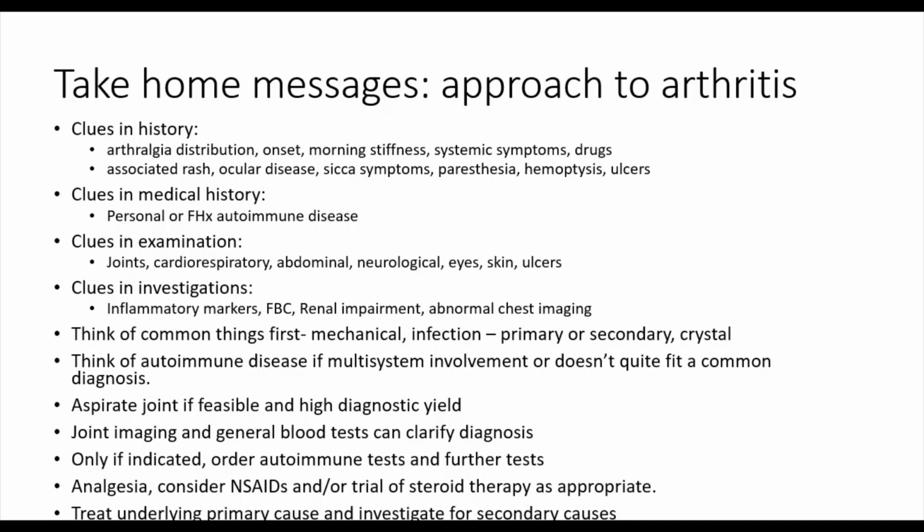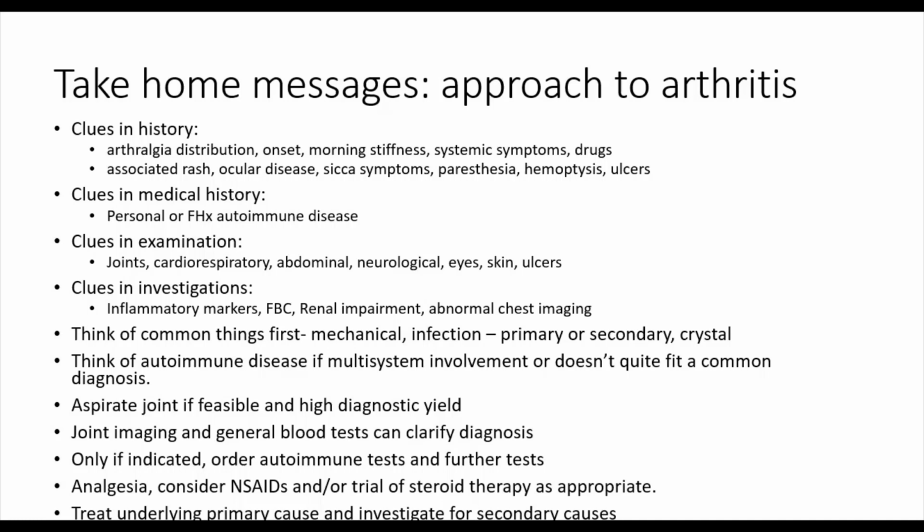Evidence of pulmonary infiltrates or pulmonary hemorrhage would be suggestive of an ANCA-associated vasculitis. Based on the history, clinical examination, and investigation results, a differential diagnosis should be formulated. While it is tempting to consider the rare and complex diseases, one should firstly consider the common differential diagnoses, particularly mechanical trauma causing arthritis and infection, whether it be a primary joint infection like septic arthritis or something like a